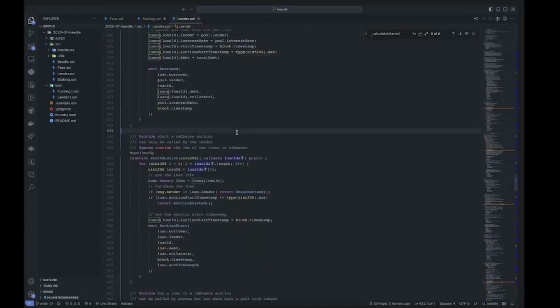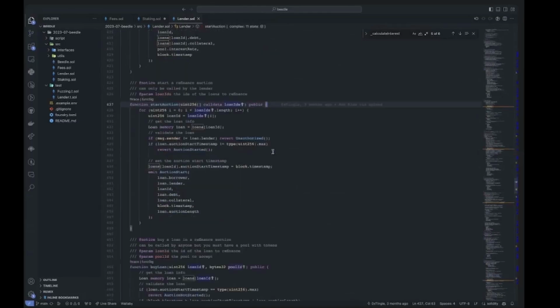Then we have a start auction function, which is probably to auction out your debt that your borrower doesn't want to repay. So let's say there's some sort of a debt of 50 WETH that the user hasn't paid for like 6 months, and you simply grow tired of it and decide to start an auction of the loan, so you can liquidate